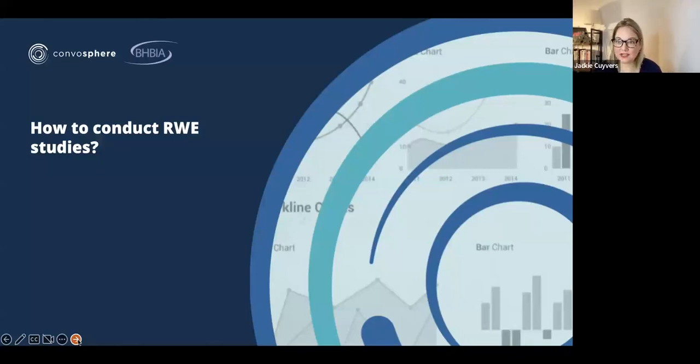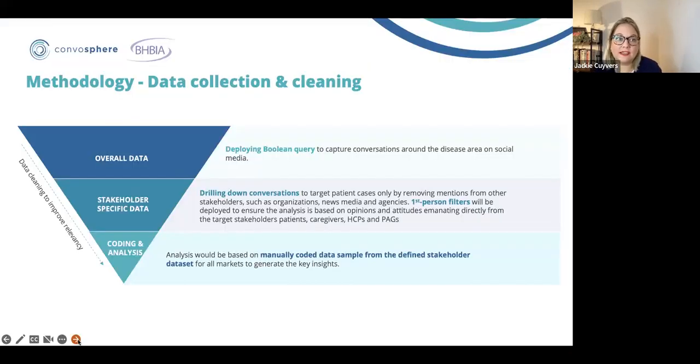So we've shared what it is, how it's used, what it can look like once you've conducted this type of study. And now we're going into how we do this, and you can do this too. So we start with the data collection and cleaning. The data is collected, as Abhinav shared, on the entire therapeutic area discussion or the brands and treatments available within that therapeutic area. So we use social listening tools that license the data from the different online data sources,